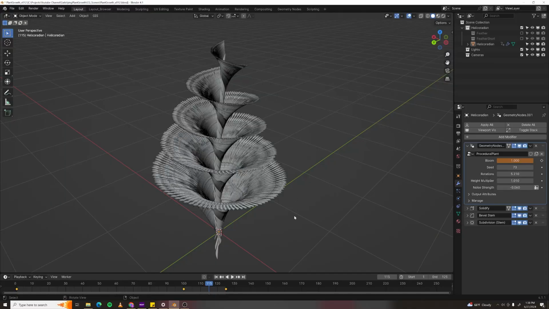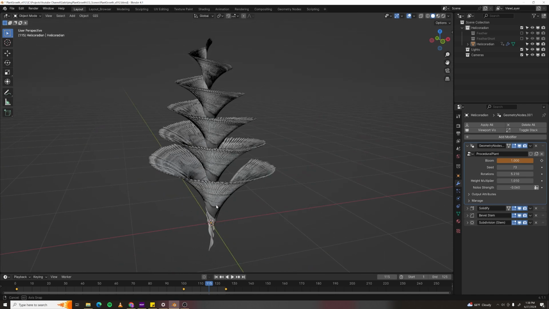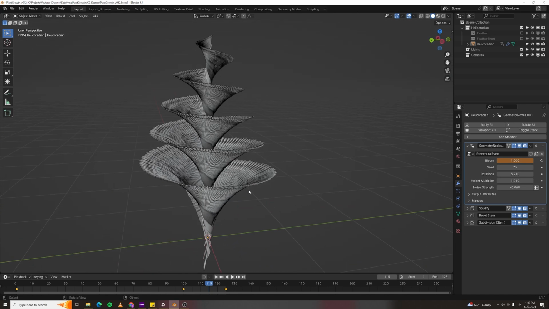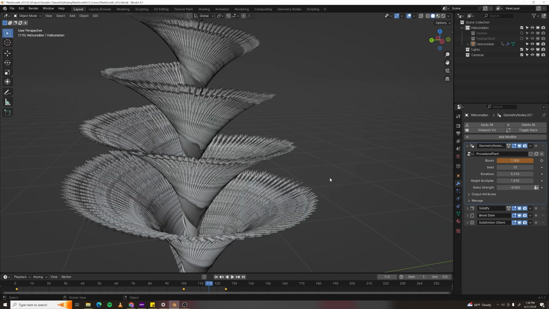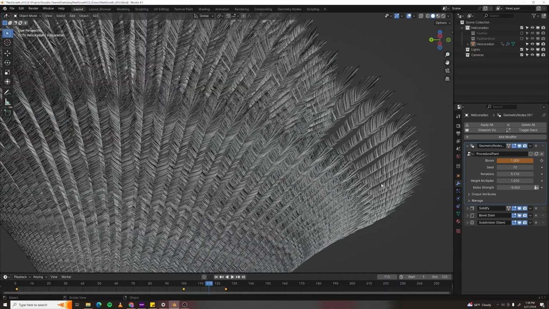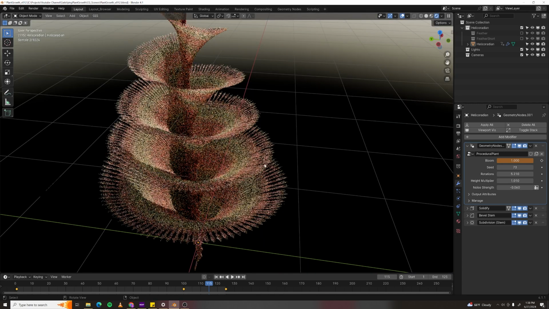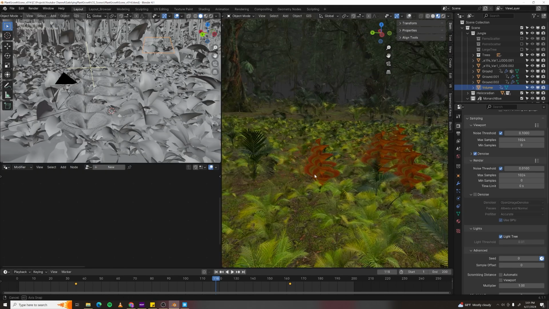Welcome to Pandora. I'm going to show you how to create this awesome looking spiral plant from the movie Avatar, and I will cover all the geometry node setups and how to generate these individual feathers using a hair system and grooming. I'll also cover the material setup, and I'll give you a little sneak peek into the final jungle